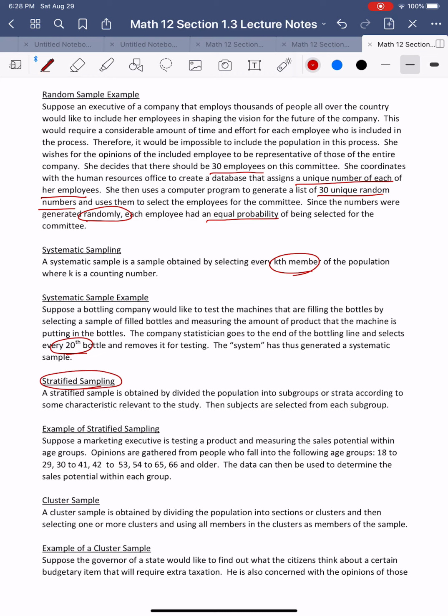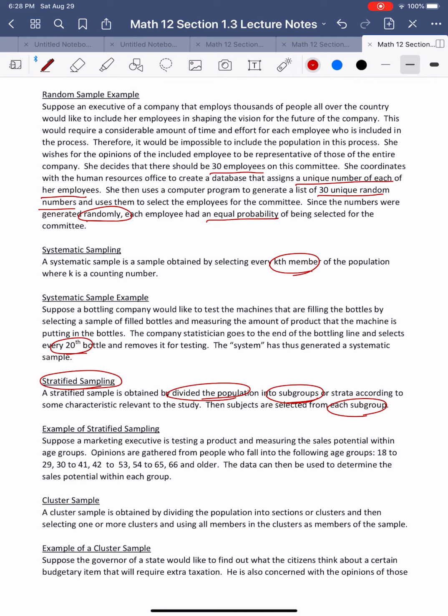Stratified sampling. Stratified sampling is obtained by dividing the population into subgroups, or strata, according to some characteristic relevant to the study. Then subjects are selected from each subgroup. And an example of stratified sampling: